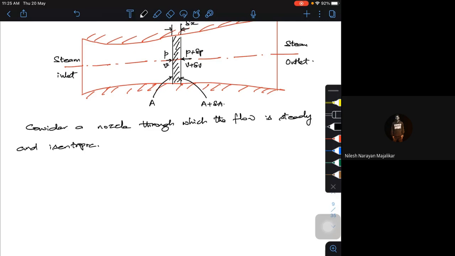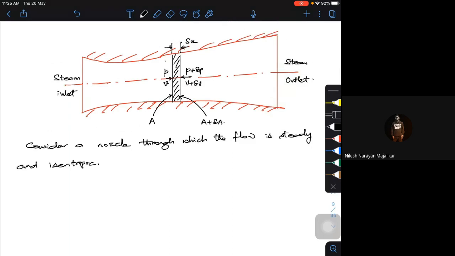That means this is one plane on the left-hand side, and to the right-hand side I have another. So I have two plane surfaces: one of surface area A and the other of surface area A plus delta A, separated by a small distance delta x. Now I assume that the nozzle is running full and the velocity is uniform across any section. These are some of the assumptions I am going to make.